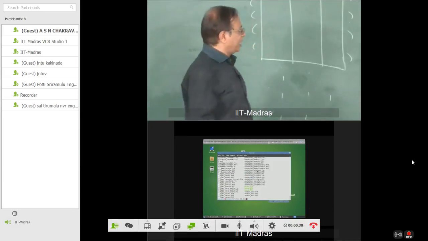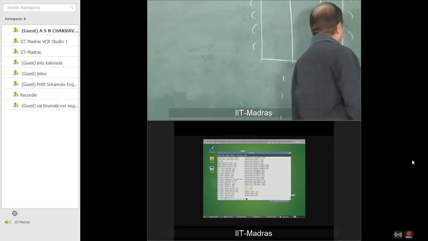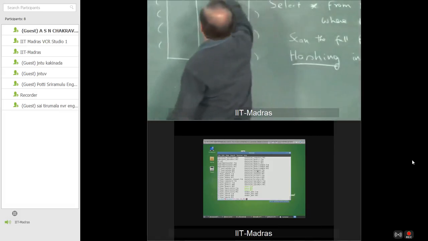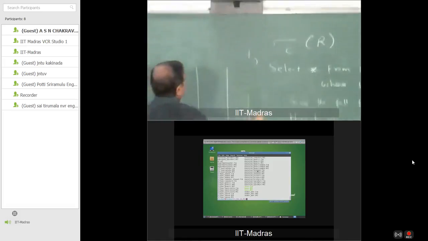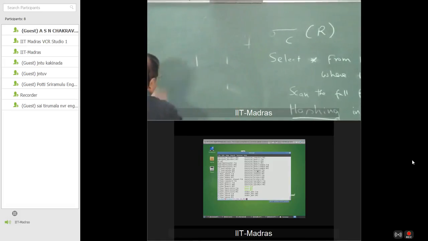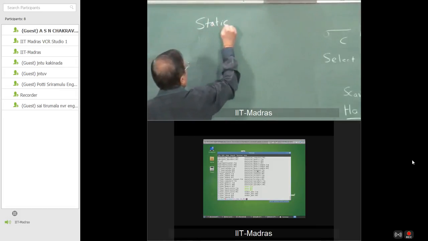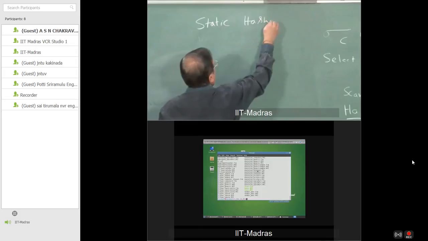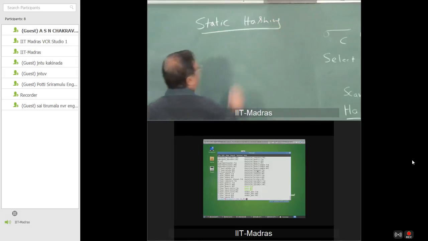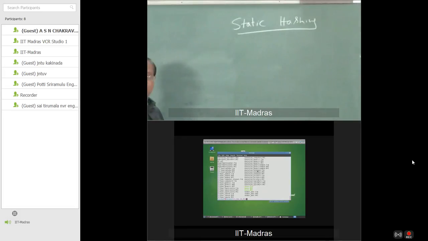A simple technique for hashing is what we call static hashing. Now given this, what we will see is what the static hashing does, given a